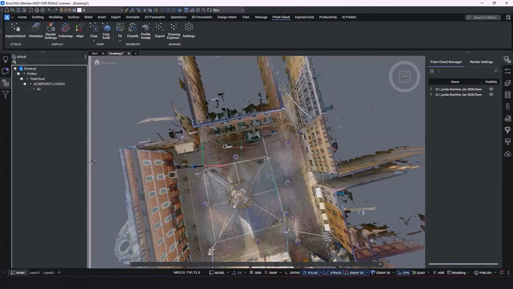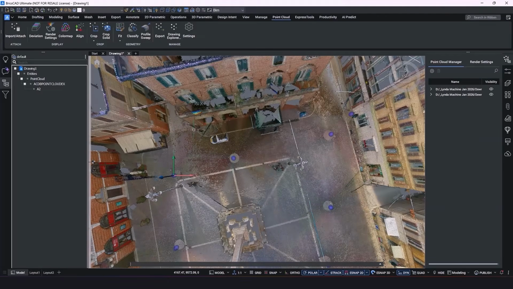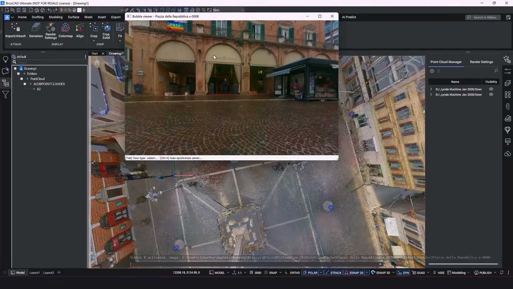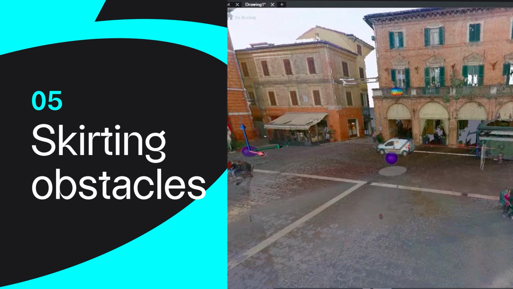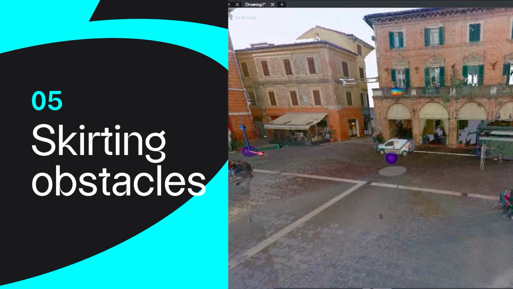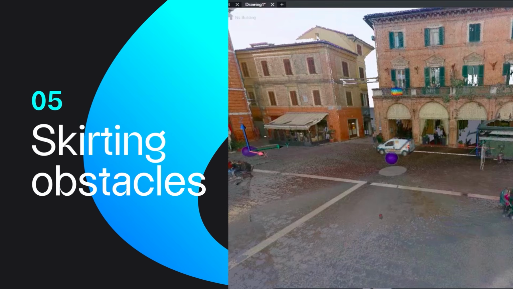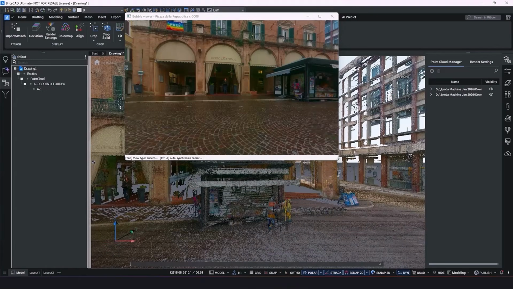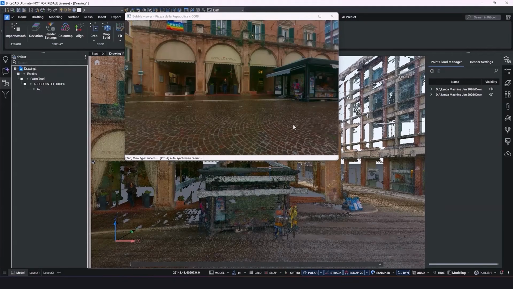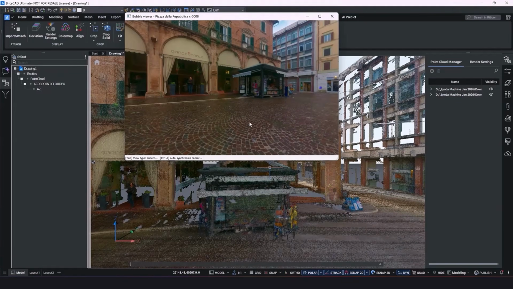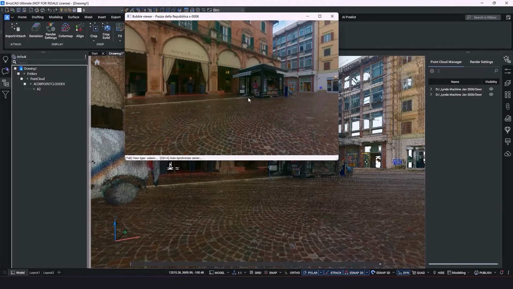What we're interested in here is this particular curve over here. Let's double click on the little bubble viewer to bring up the photo, and we're going to auto synchronize. As you can see, there is a kiosk that's obscuring our curve over here.